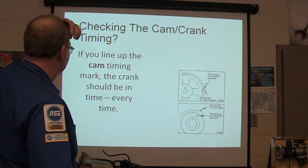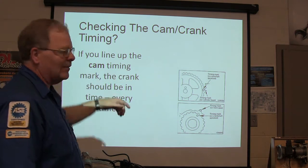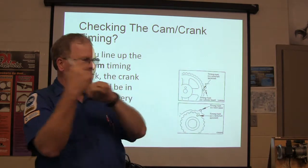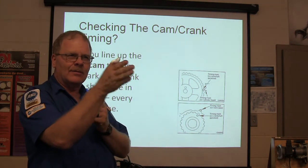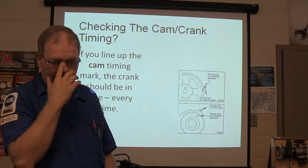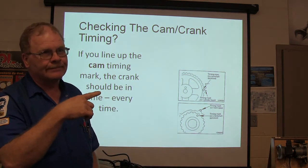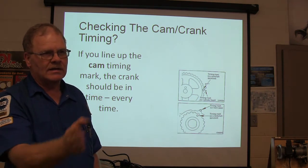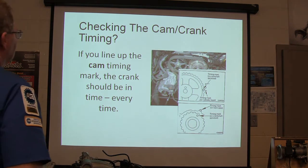Checking the cam and crank timing. If you line up the cam timing mark, the crank should be in time. Now you've got a frame of reference on this because you've been working on an engine over there. See, I'm outlining it. You line up the cam timing mark, the crank mark should be every single time, it ought to be lined up. If you line up the crank mark, the cam mark could be 180 out because it's only turning half the speed. So always line your cam mark up first. That's the smart way to do that. All right, so